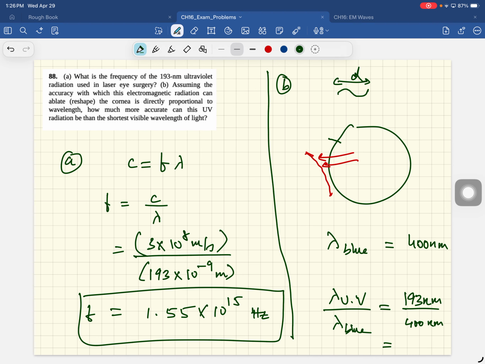Okay, so it's almost twice as accurate. Its wavelength is half as much. So using this UV light, you're burning a spot that is half of what you'd burn if you had used blue light. Again, the smaller the spots you burn, the more accurately you can shape your cornea, and that's the idea. Okay. All right, guys. So that